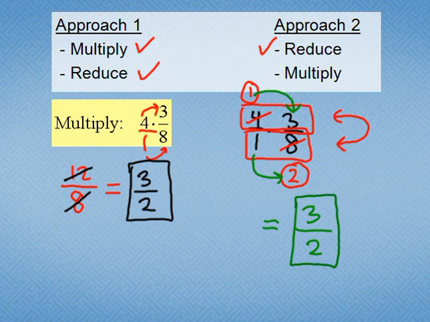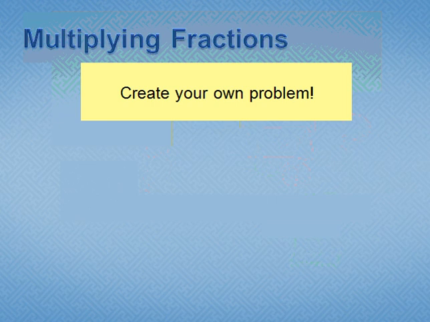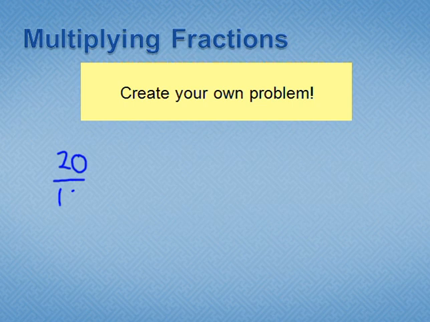All right, let's move on to another example. This time, I'm going to show you how to make up your own problem so you can practice yourself with any number of problems that you want to create. This time we're going to create a problem that has a much larger numerator and denominator. Let's say 20 and then over 16. You multiply this by, let's say, 36, then over